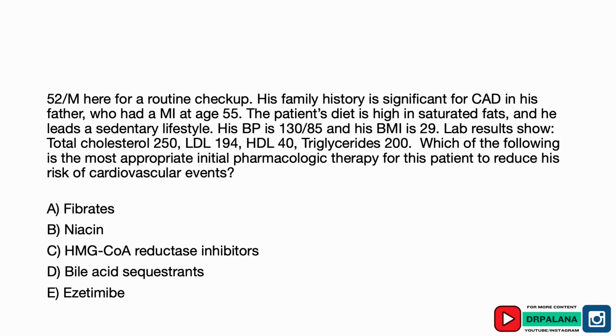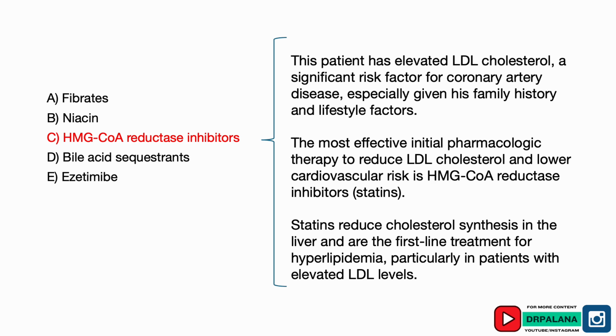Which of the following is the most appropriate initial pharmacologic therapy for this patient to reduce his risk of cardiovascular events? Fibrates, niacin, HMG-CoA reductase inhibitors, bile acid sequestrants, or ezetimibe? The correct answer is